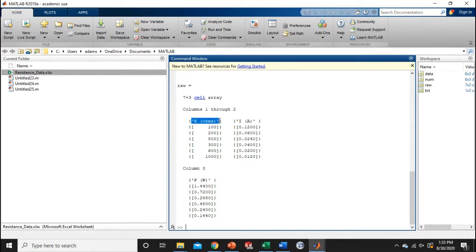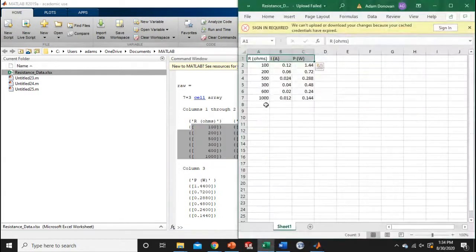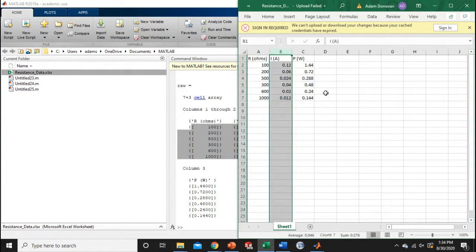So if you notice, it has both the text and the numbers held in a cell array. So effectively what it does is it turns every cell in this sheet of my Excel spreadsheet into